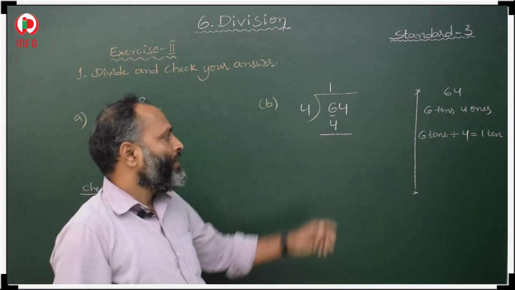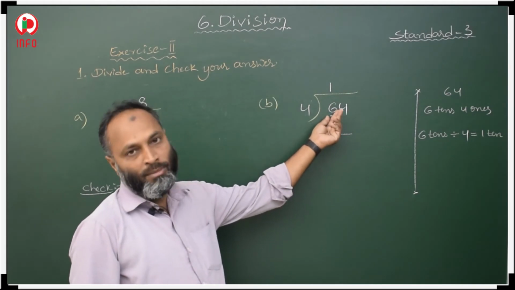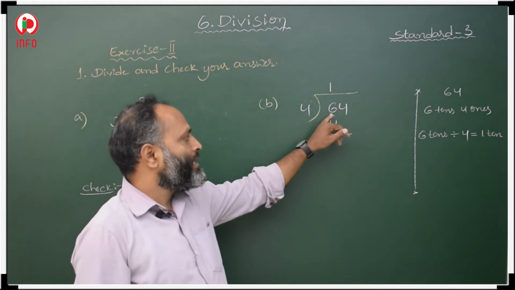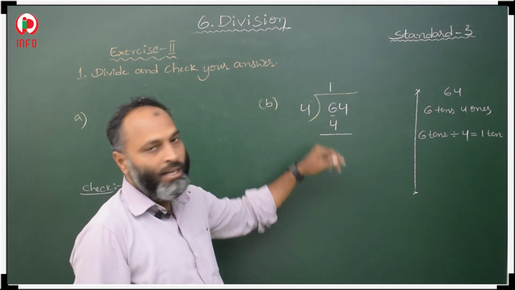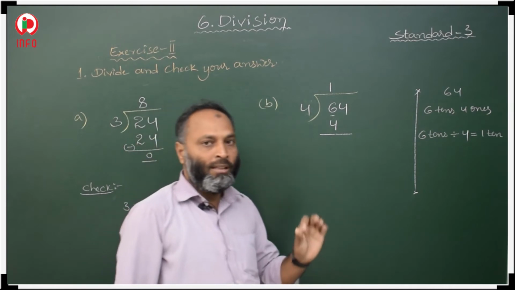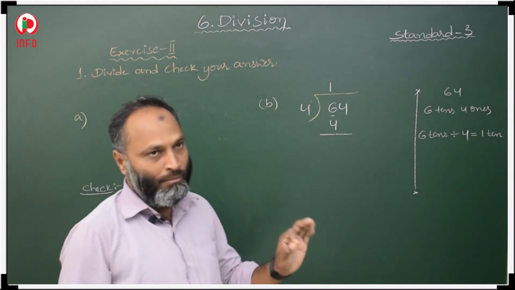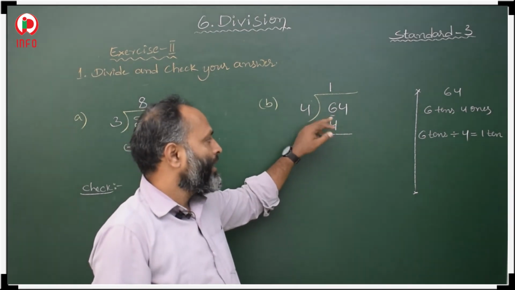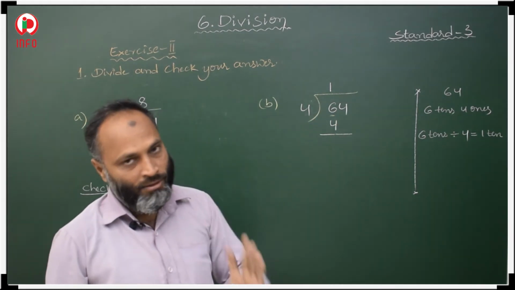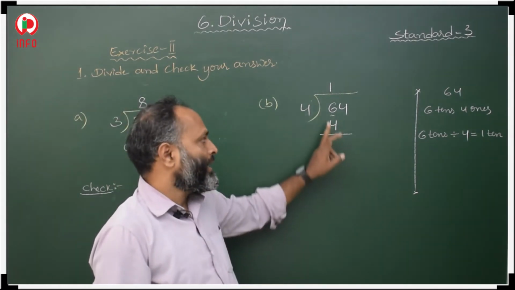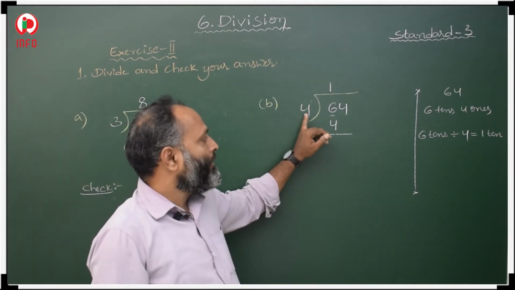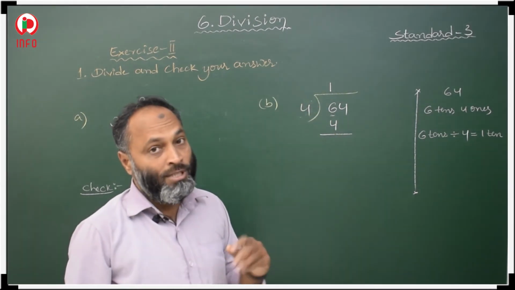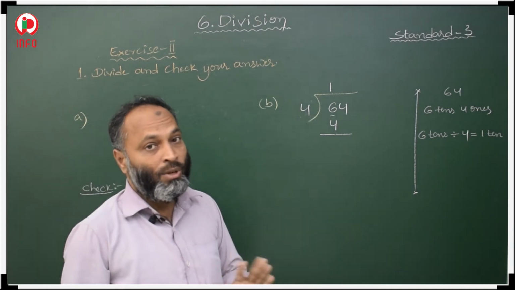Okay. First we have to take a single digit, that is the tens place. Why are we taking only a single digit here? Because this 6 is bigger than this divisor. If the extreme left digit is bigger than the divisor, we have to take a single digit only, that is 6. Where will we get 6 in the 4 table? 4 ones are 4, 4 twos are 8, that is bigger than this, so don't take it.